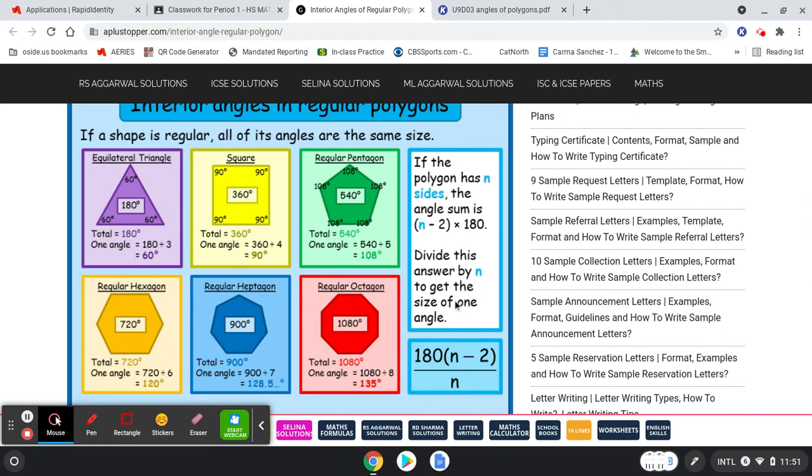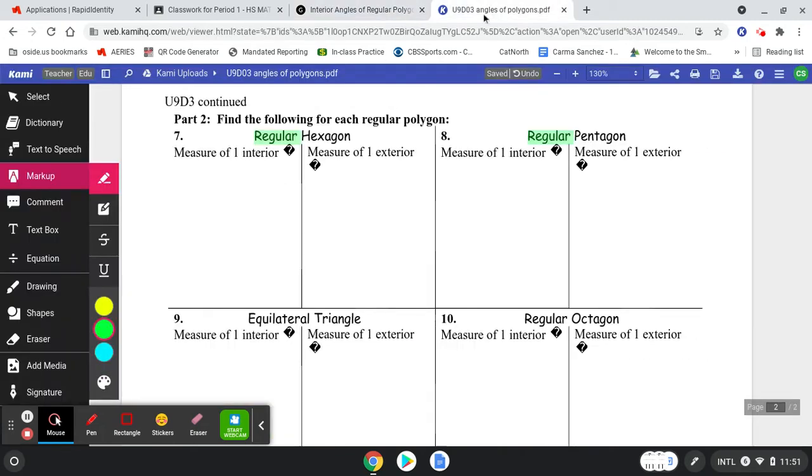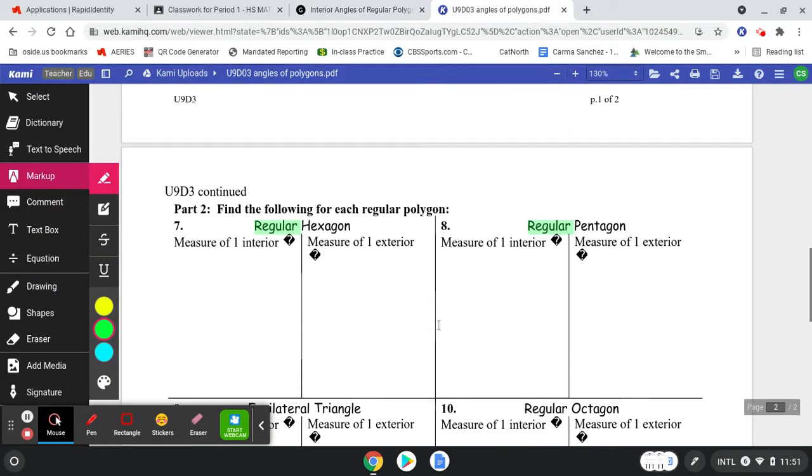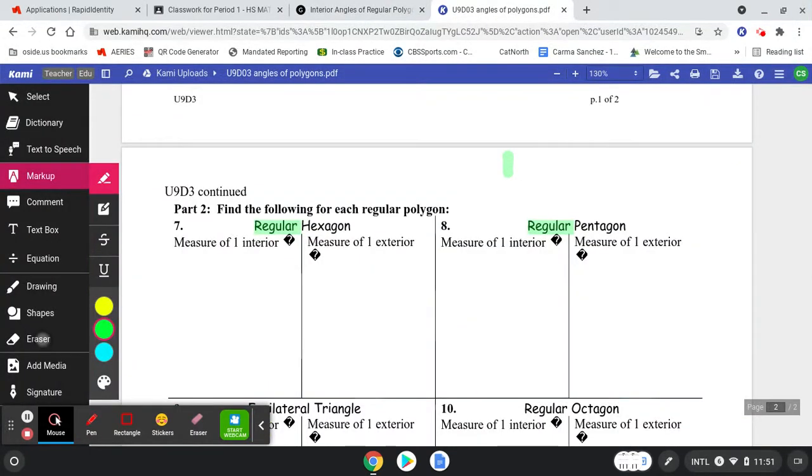Look over here how on the right it says, if the polygon has n sides and the angle sum is this number, then you divide that answer by n to get one angle. So this formula here was in our study guide on Monday. Each interior angle of a regular polygon is this formula here. So let's go write this down. N minus 2 times 180 is going to be for the measure of the interior. Here it is again, n minus 2 times 180,